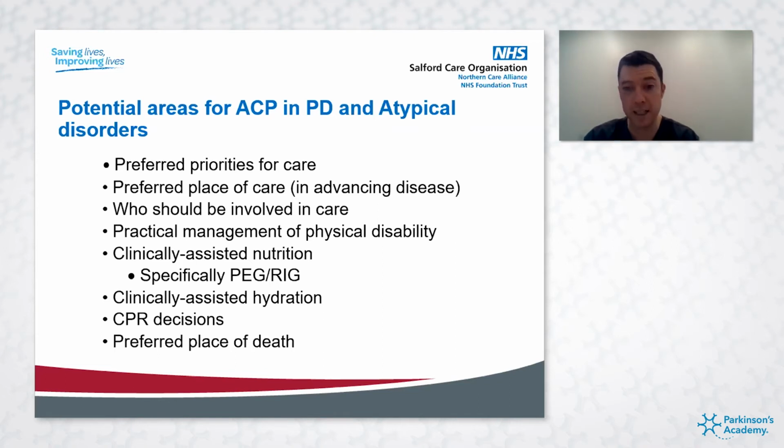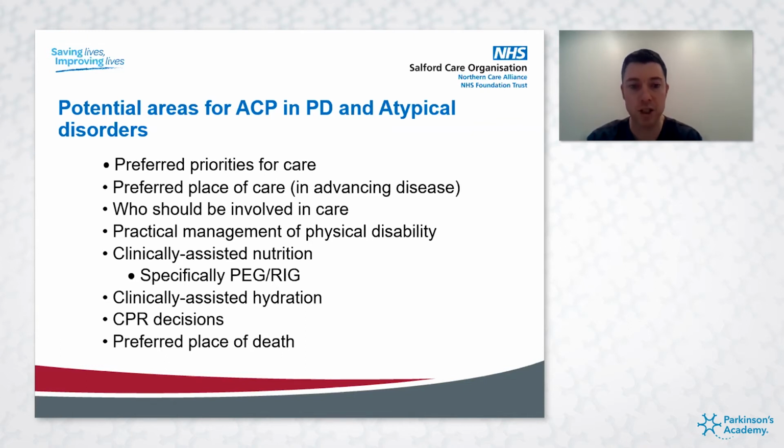Preferred place of care as their disease changes. So not necessarily preferred place of death at that stage, but where they want to be cared for at different points of disease. Who they might want to be involved in their care as their condition changes and how they might want them to be involved. Practical points around how they would manage specific elements of changing condition if they were to become immobile, and how